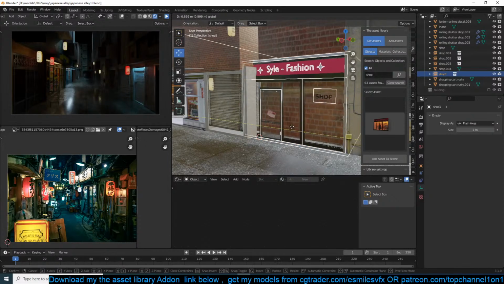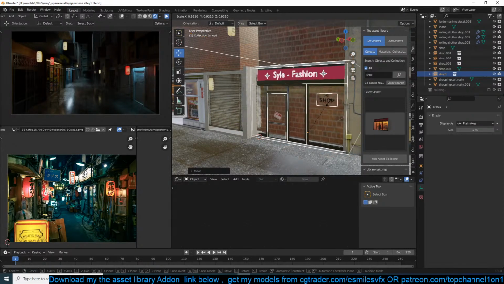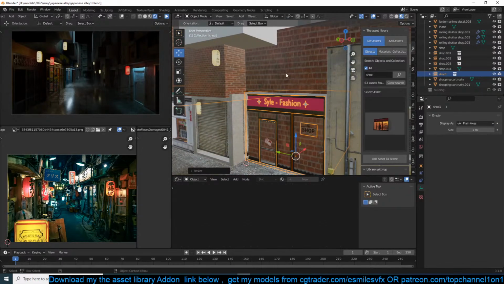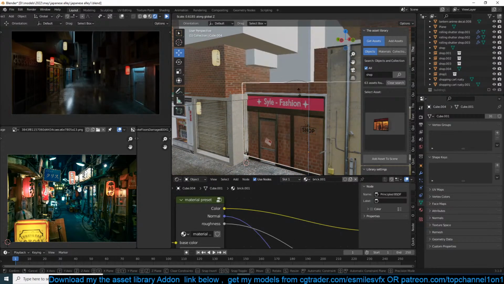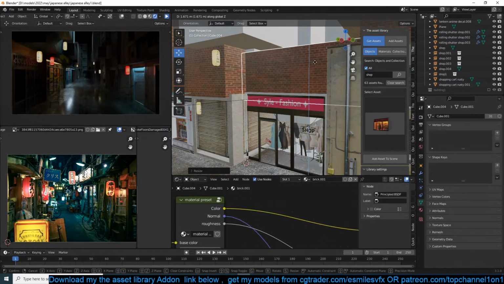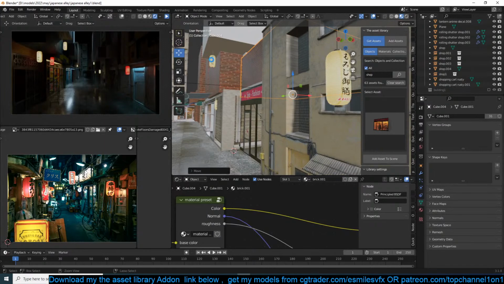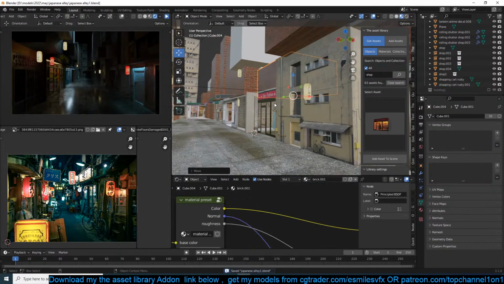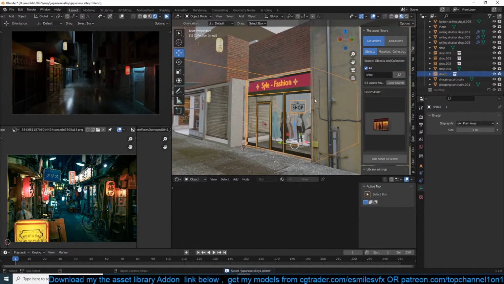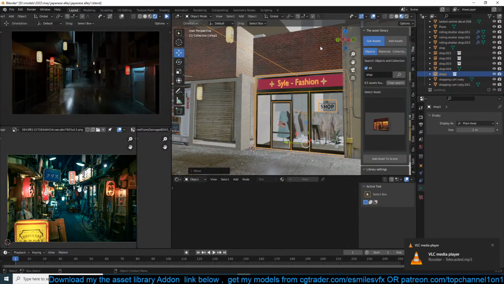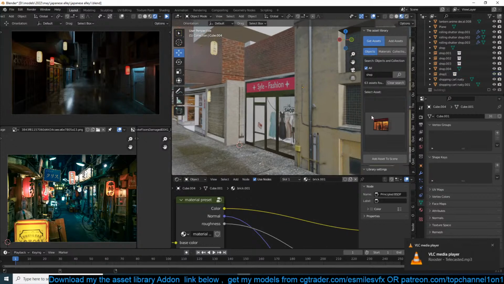If you want to improve, if you want to create projects faster, I would really recommend having a library like I do. It just makes things much faster. You can see this is an interior shop, a shop with an already made interior like that.